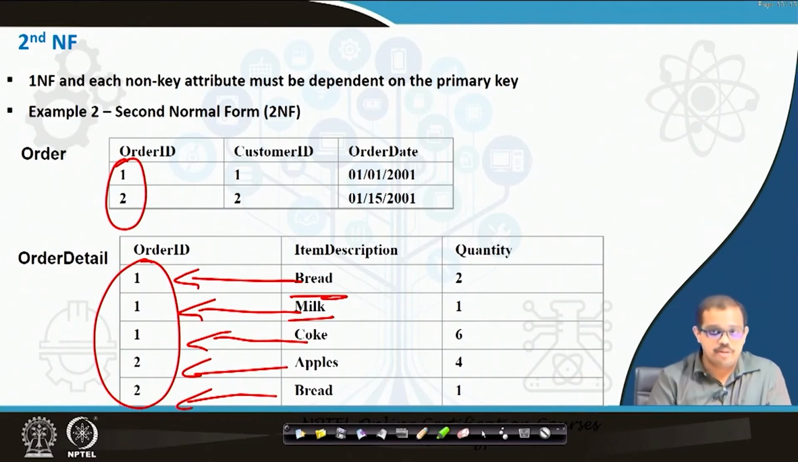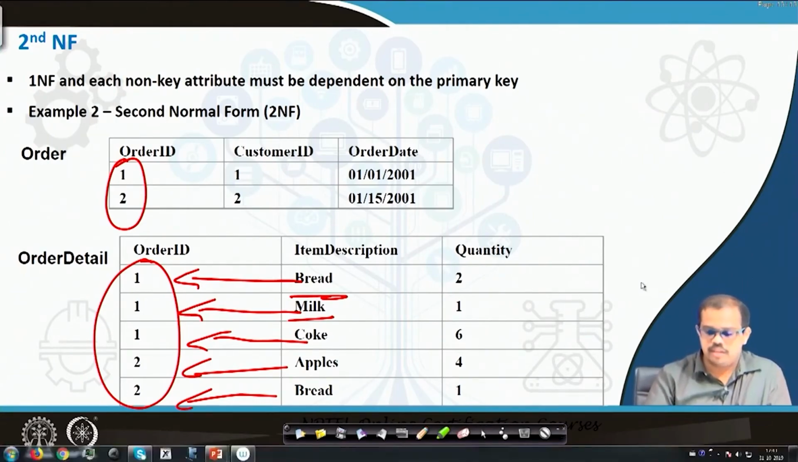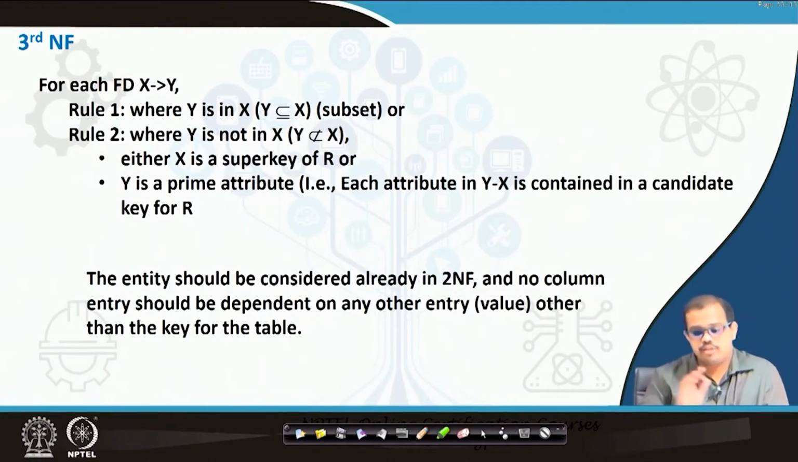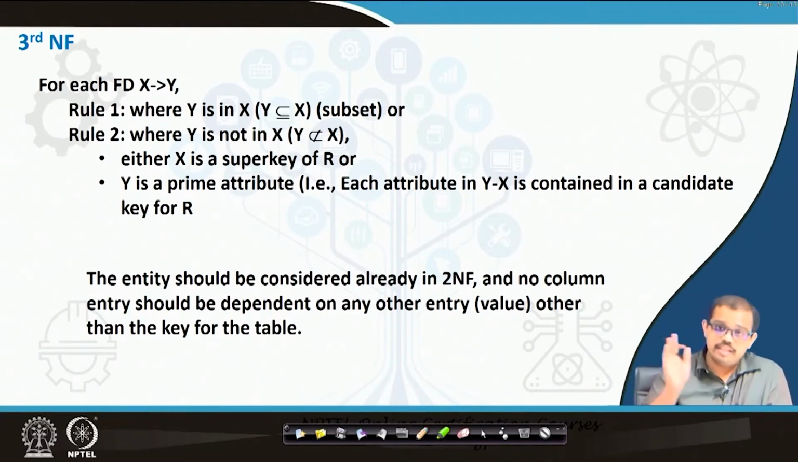So, it means it is atomic, and also non-key attributes are dependent entirely on the primary key, right. So, this means to say that this particular thing is in the second normal form. Now, if it has to be a third normal form, the entity should be considered already in the second normal